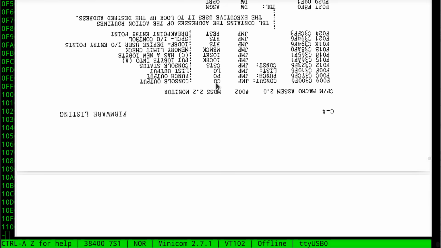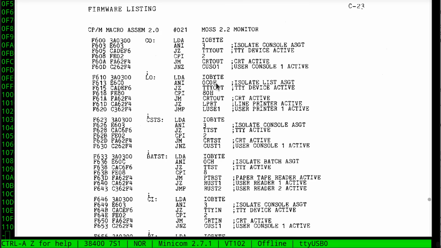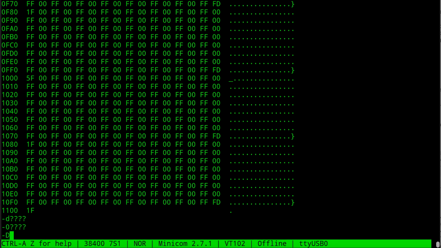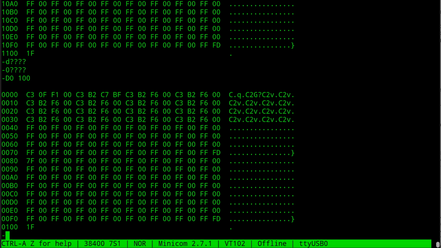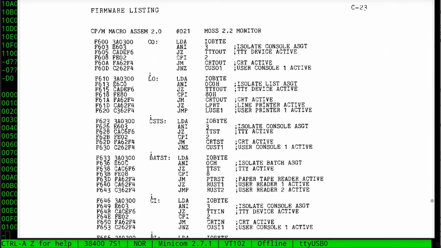which goes to CO. So CO is implemented down here. And it says load A with the IO byte and 3. So it's going to look at the bottom 3 bits of the IO byte. And if they are 0, it'll go to TTY out. I submit they are 0 because here's the memory that is in the machine right now. We dump D0 to say 100, so it doesn't scroll off the screen this time. IO byte is stored at address 3, 0, 1, 2, 3. It's 0. All the bits are 0, so the IO,